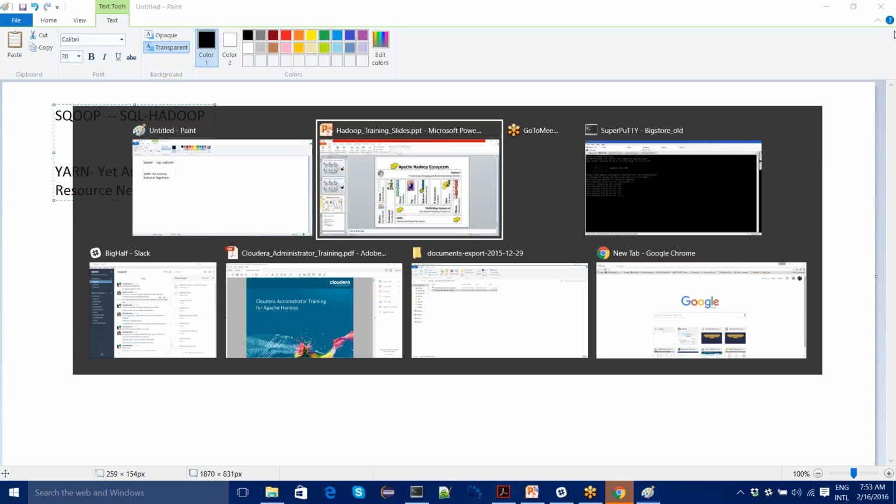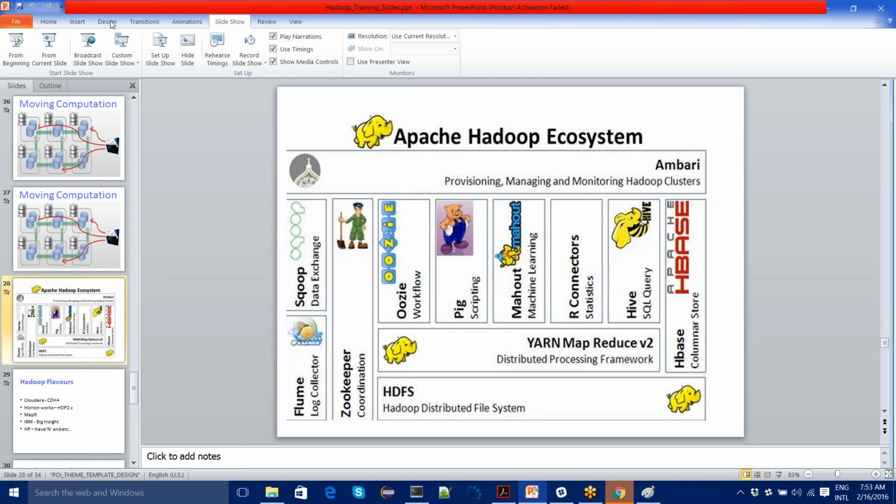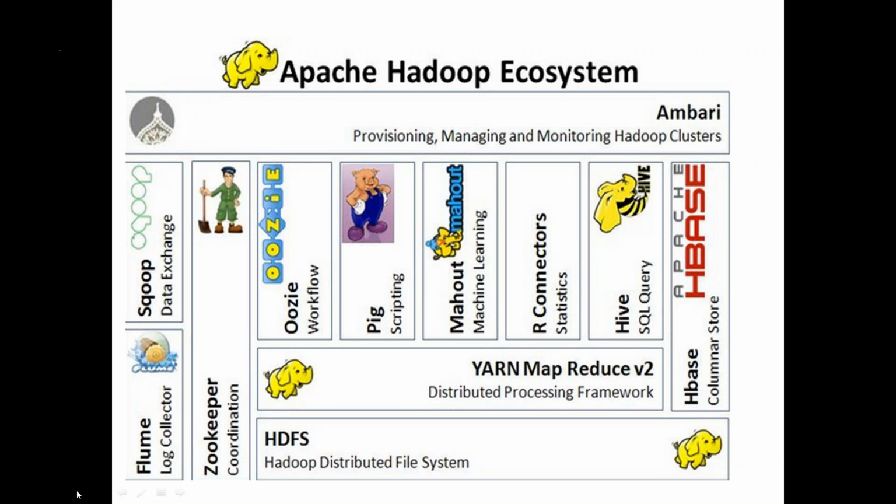Which is MapReduce version 2, the latest version running across. On top of it, all the other ecosystems will be present. Hive is a SQL-based query language on top of Hadoop. So Hive is nothing but a connector to an ecosystem tool which we will be working on top of Hadoop. Combining HDFS and MapReduce, we'll call it Hadoop.